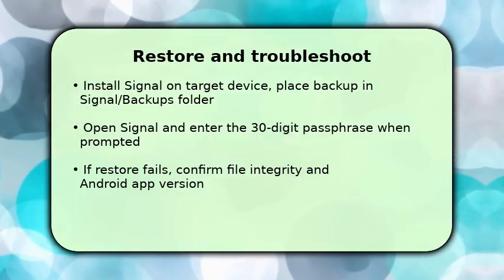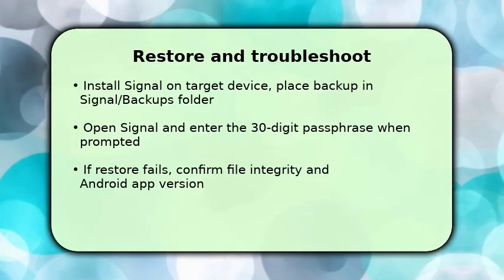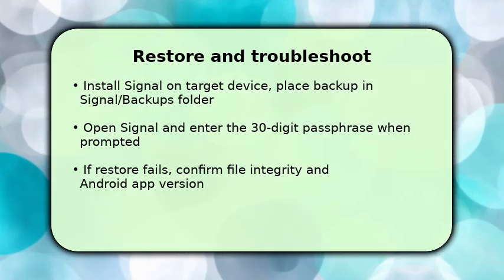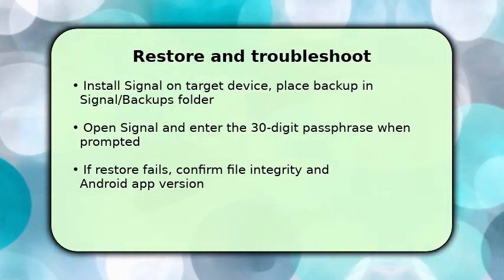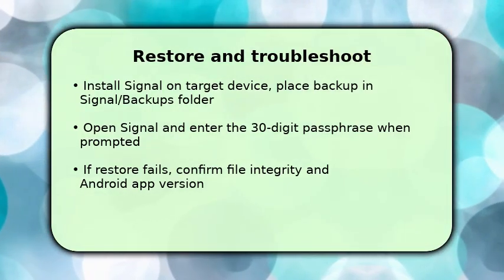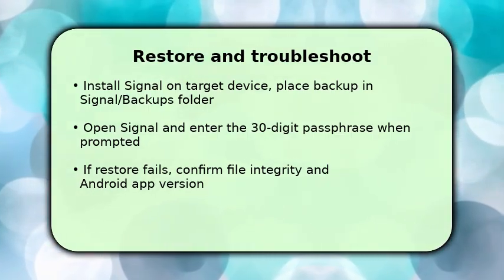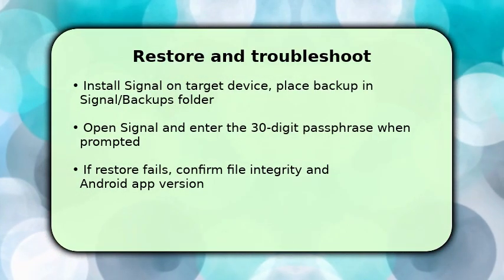Open Signal, and when prompted, enter the 30-digit passphrase exactly. Signal will decrypt and restore messages. If the restore fails, make sure the backup file isn't corrupted, that the passphrase is correct, and that both devices run compatible Signal versions. If issues persist, recopy the file or create a